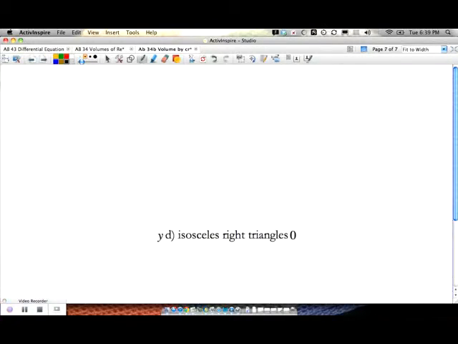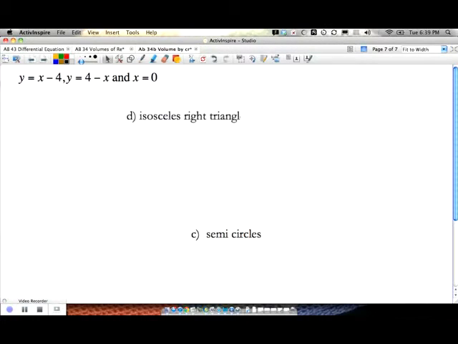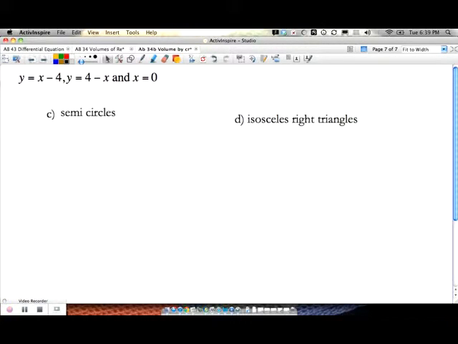Now that we kind of know what the base is, we don't have to keep redrawing it, but let's take a look at a couple more shapes. We got semicircles and isosceles right triangles here. So for a semicircle,